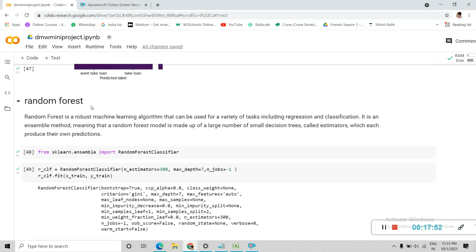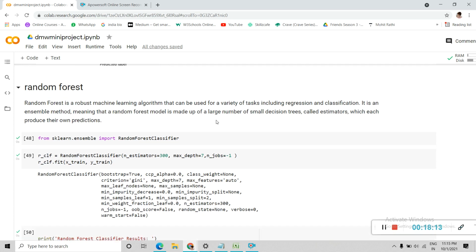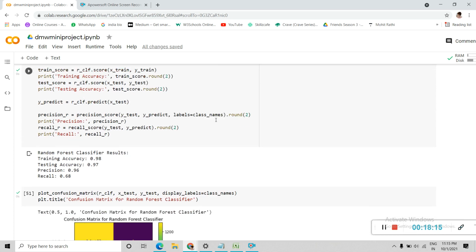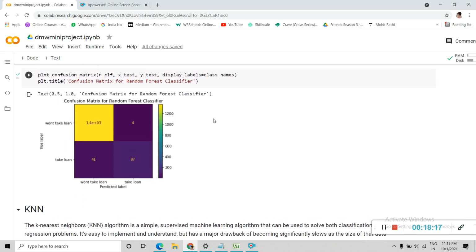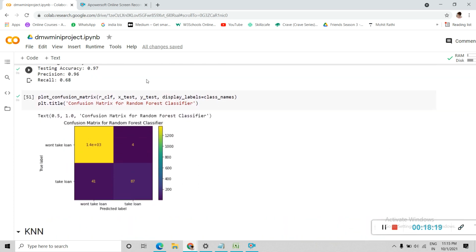Now we have random forest. Random forest is a robust machine learning algorithm that can be used for a variety of tasks, including regression and classification. It is an ensemble method, meaning that a random forest model is made up of a large number of small decision trees called estimators, which each produce their own predictions. Now, without getting into the details of it, I'll just show the results that we've got from random forest